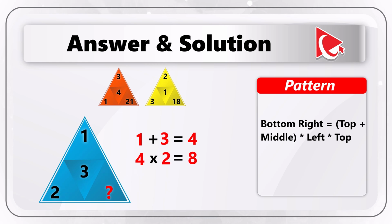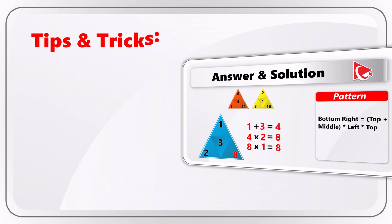And then 8 multiplied by 1 equals 8 again. So the correct answer here is choice A, 8. Let me give you some tips so you can solve these types of questions on a real test on your